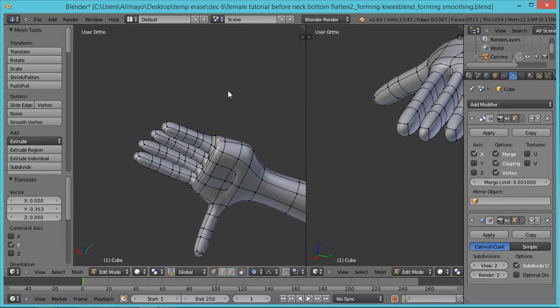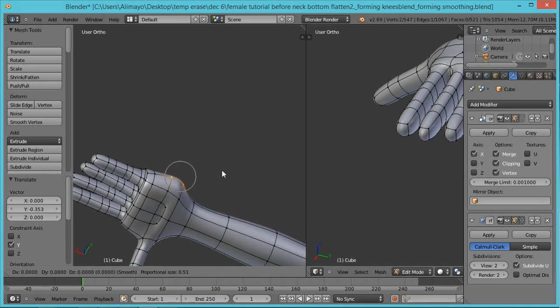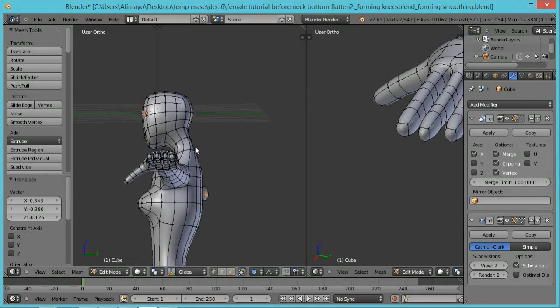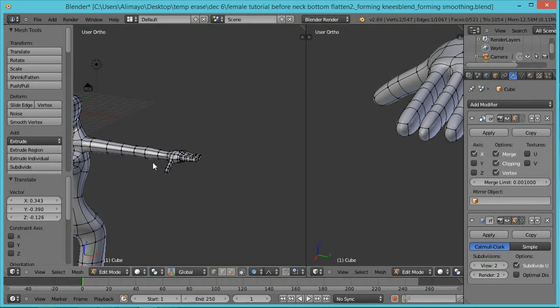The hand is sucking me in, man. Anyway, you can see how you have the basic shape. You can come in and keep playing with that. But anyway,